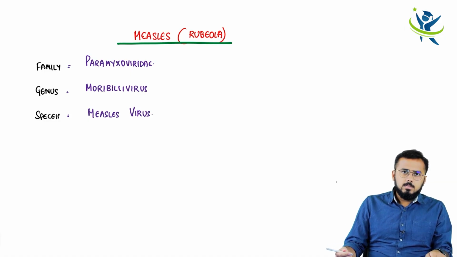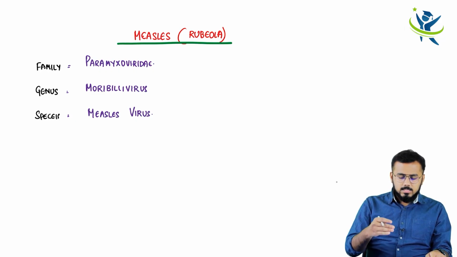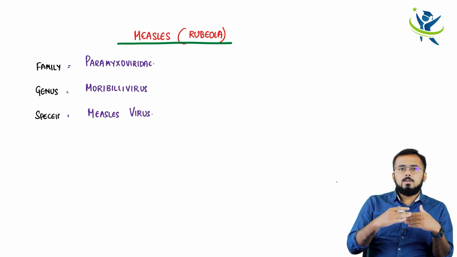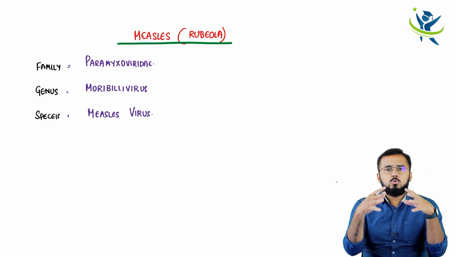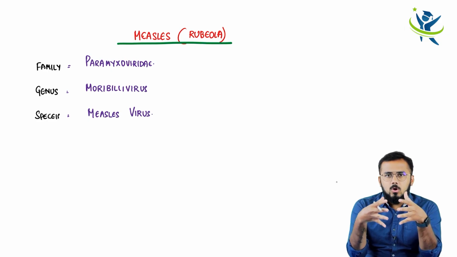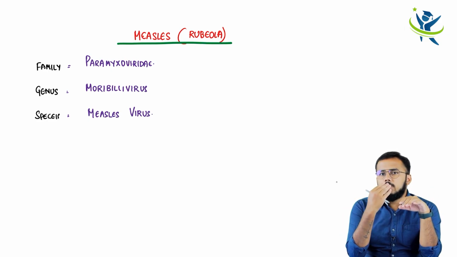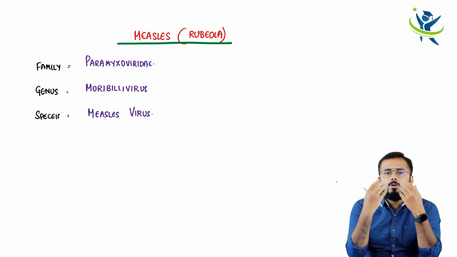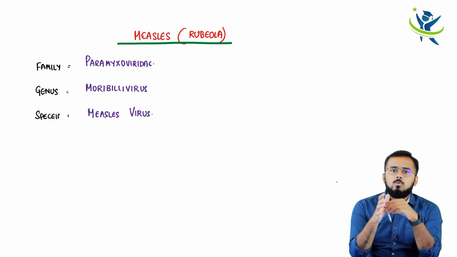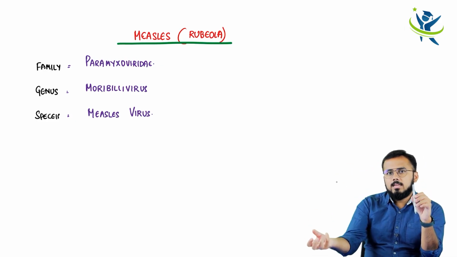Now apart from these things, the first very important thing is how this measles virus is going to get transmitted from one individual to another individual, from one child to another child. Mostly the school age group, because they all sit in one classroom. If one child is affected with measles, through the respiratory droplets, I mean through airborne contact, if one talks loudly or sneezes or coughs, the virus is going to land upon the other individual.